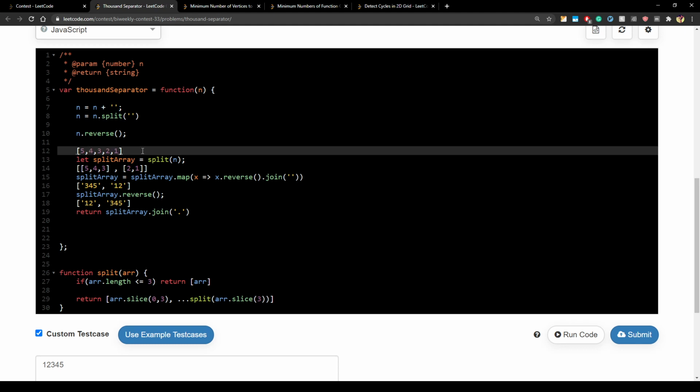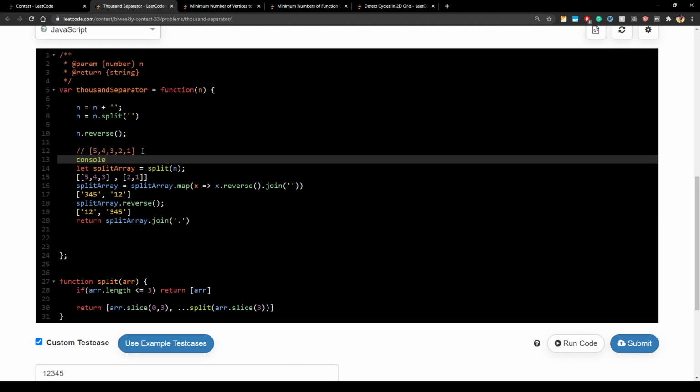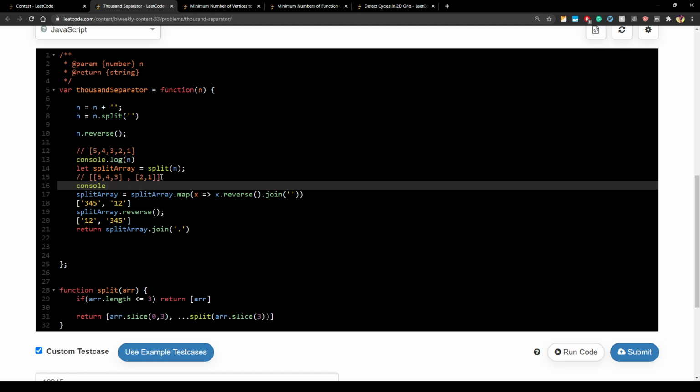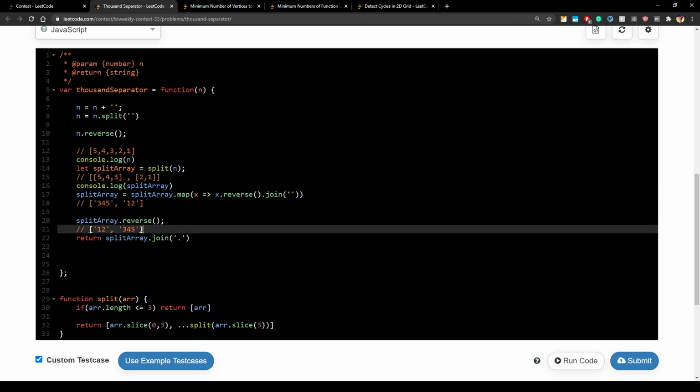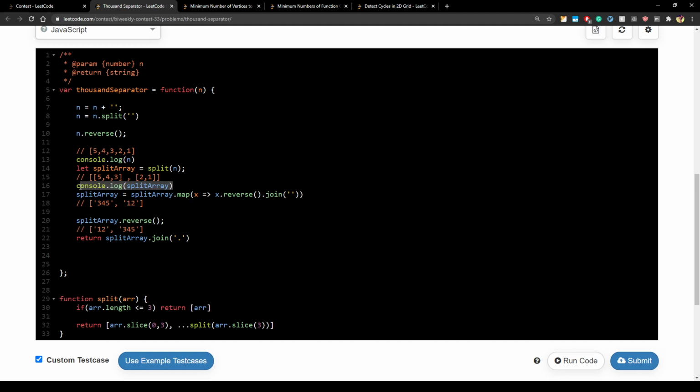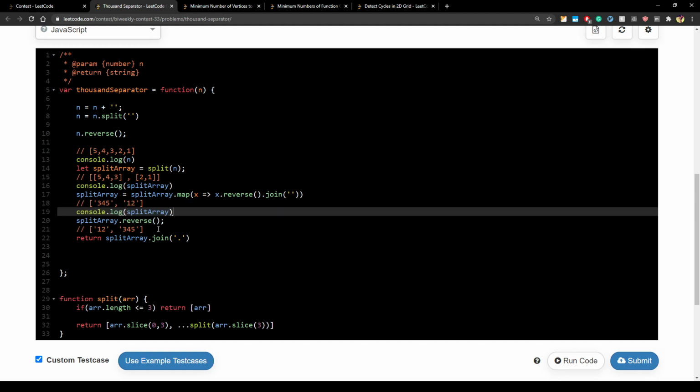I'll just console log at each step. So n should be this one, and then console.log split array, and again split array, and again split array. We have to print this only, so I'll just copy paste.